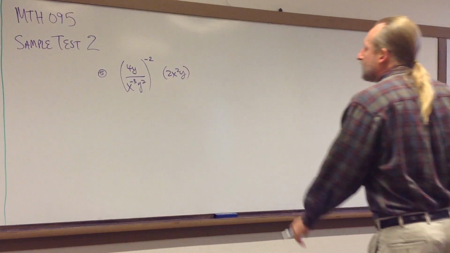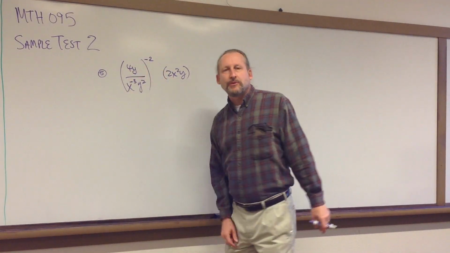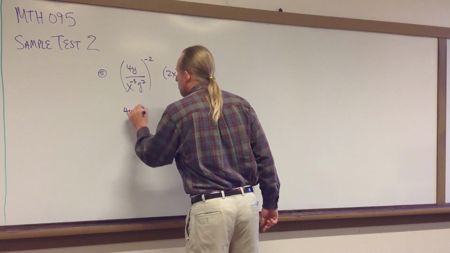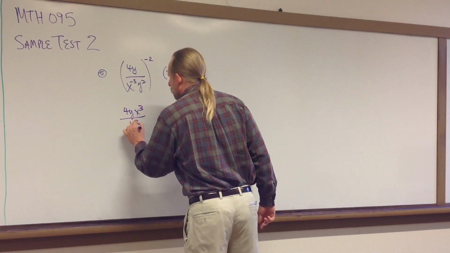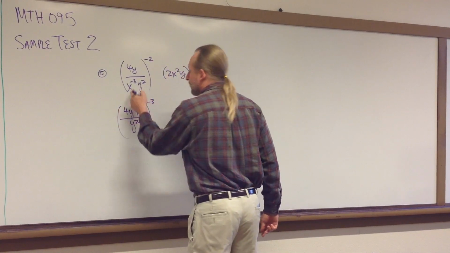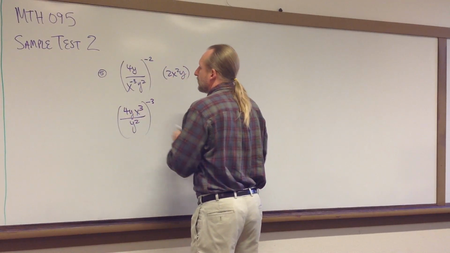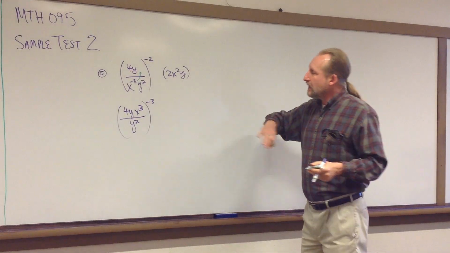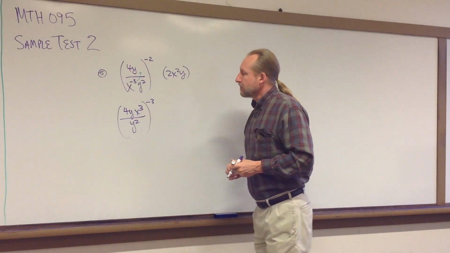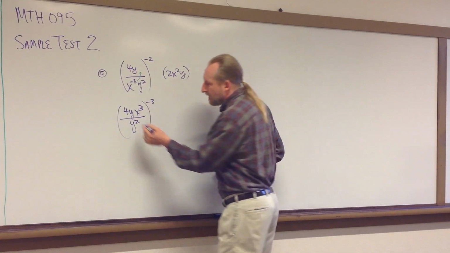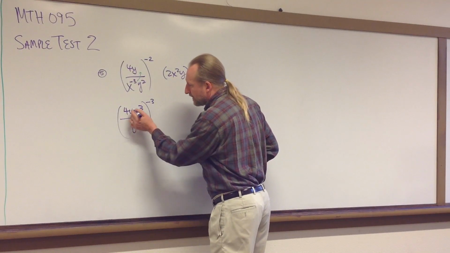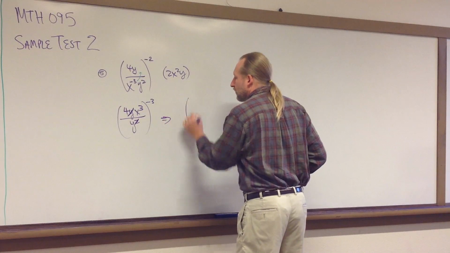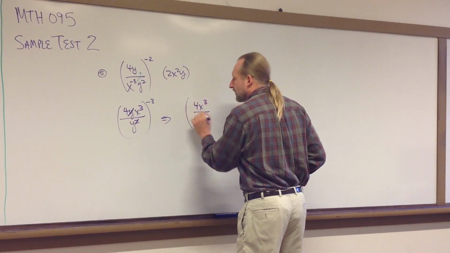Well, I guess I'm going to simplify inside the parentheses first. So we're going to have 4y x to the 3rd over y squared. So I just move that x to the minus 3 up on top, and it'll become x to the 3rd power. Also, I've got a y to the 1st here and a y squared here. This will cancel out one of these, and so we'll end up with 4x to the 3rd